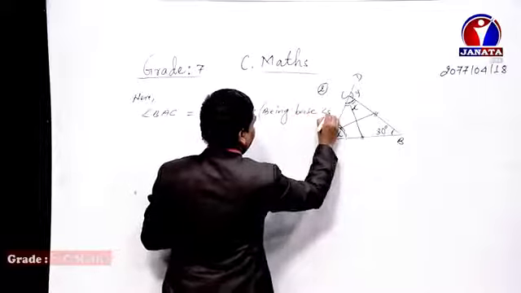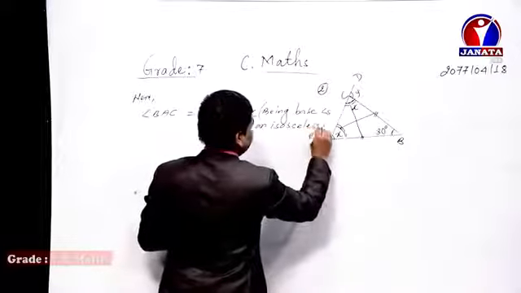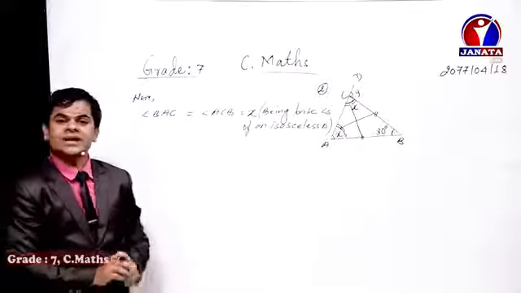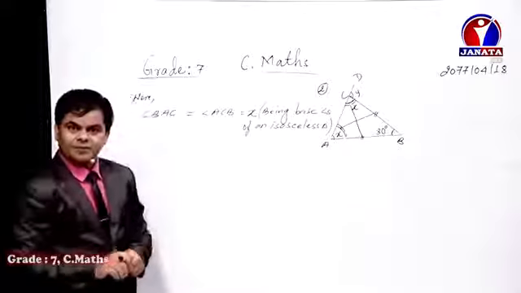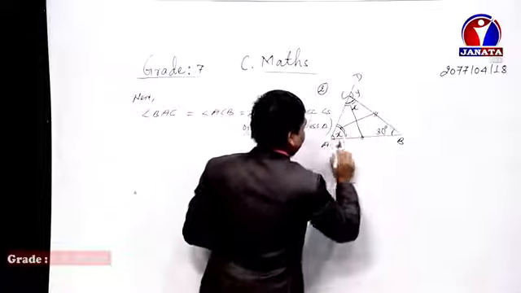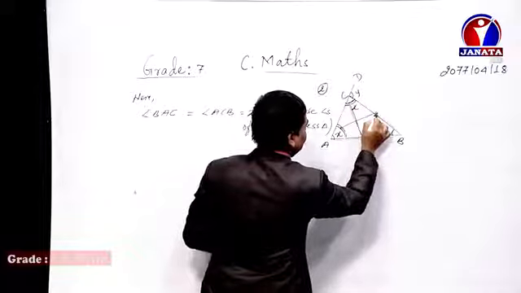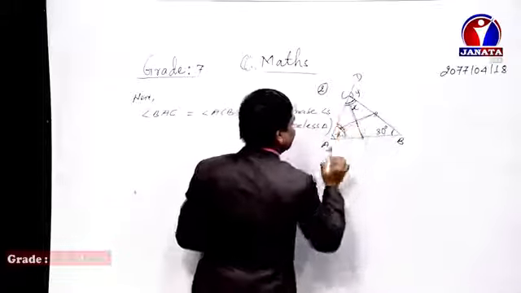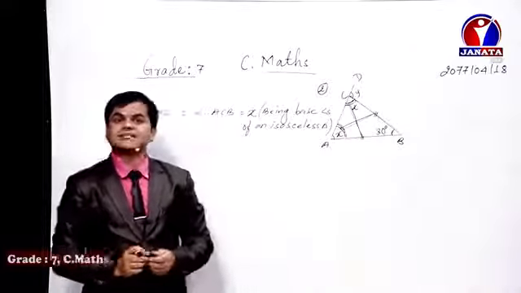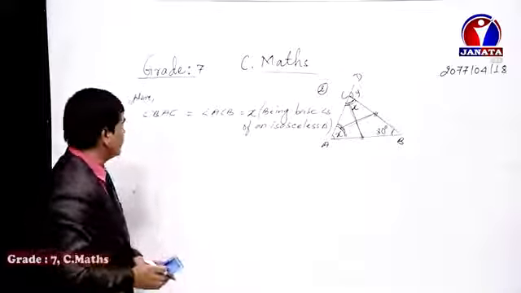being base angles of an isosceles triangle, because base angles of an isosceles triangle are always equal. And which are the base angles? Those opposite to the equal sides. Sides BC and AB are equal to each other. So opposite to AB is angle C, and opposite to BC is angle A. These are the base angles of this triangle. And the remaining, third angle, 30 degrees, is the vertical angle. The non-equal angle is known as the vertical angle in case of an isosceles triangle.